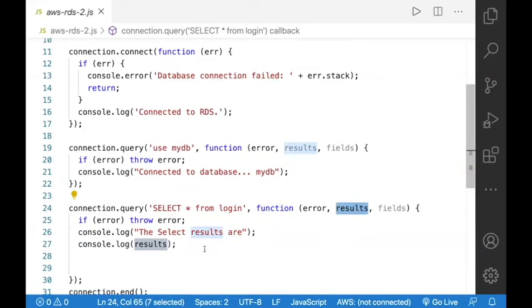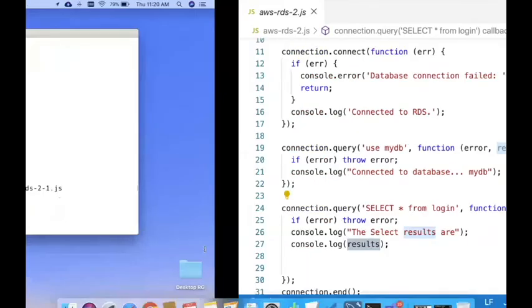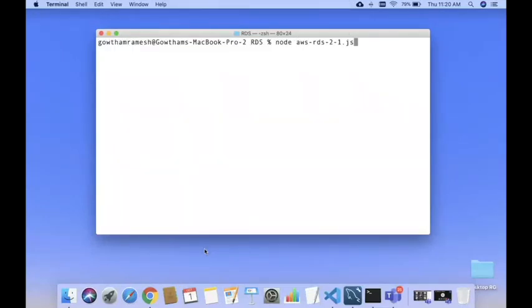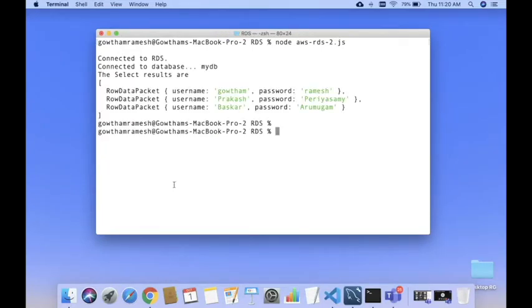Let us see the output first, then come back and discuss this program. Now look at the output. If you display the results, it will give you the row information.